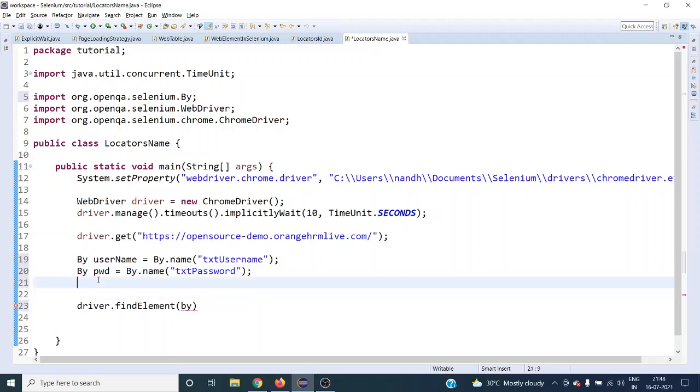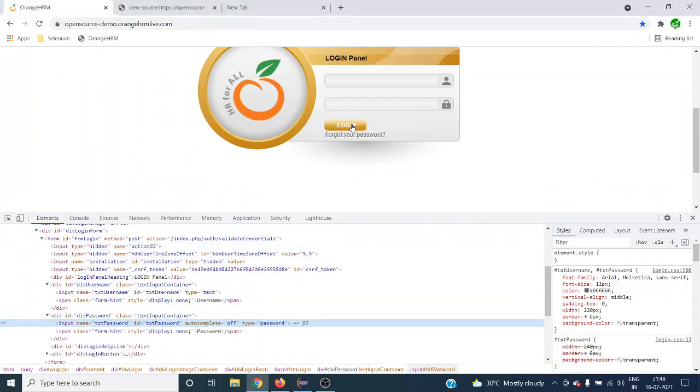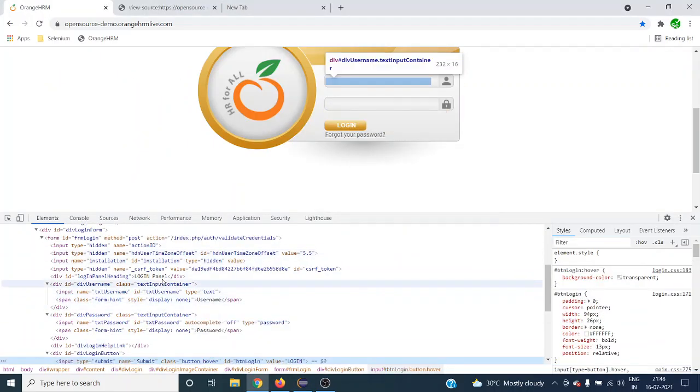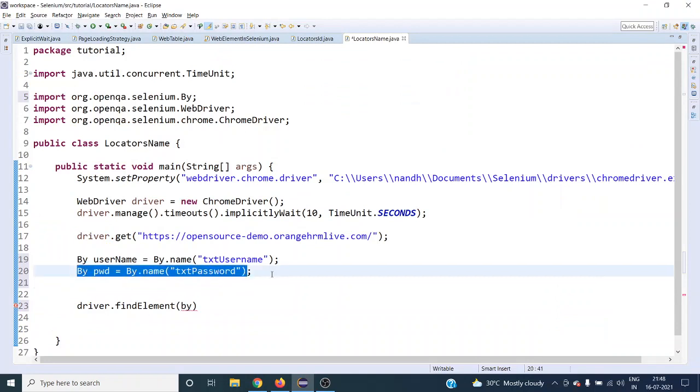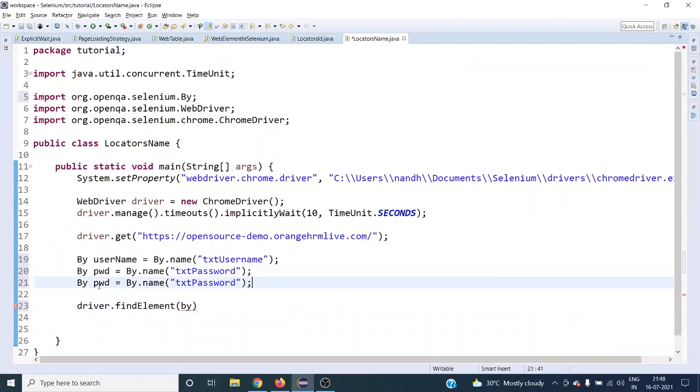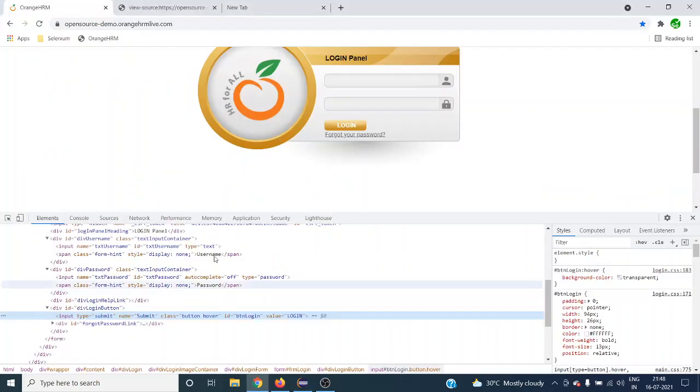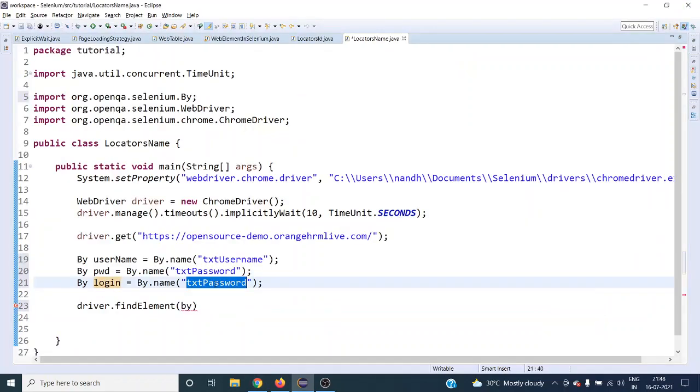The next one is we have to click on this login button, isn't it? This also has the input tag and it has name as submit. So we can take the same name attribute for the login button, right? This is the login and the value is submit, right?